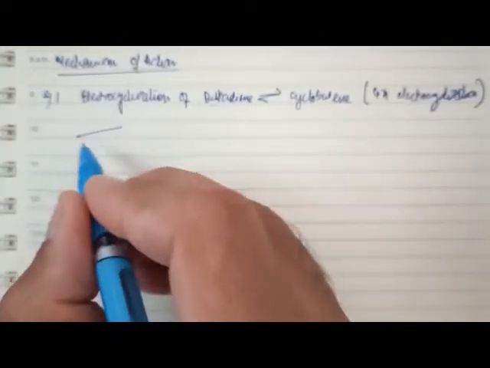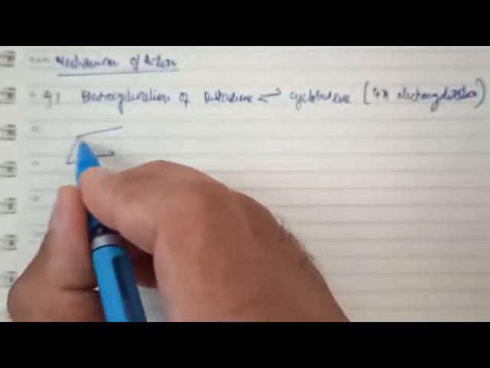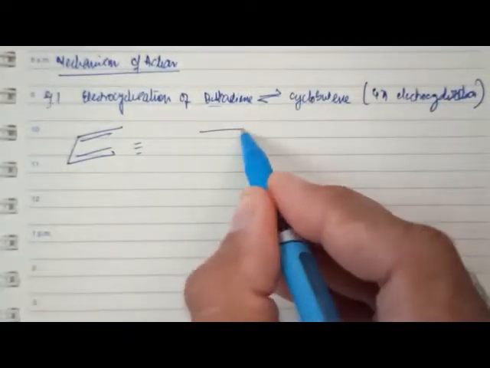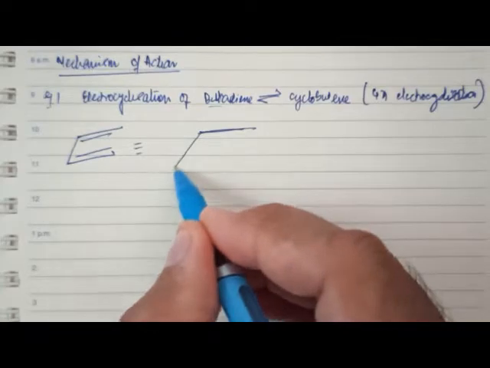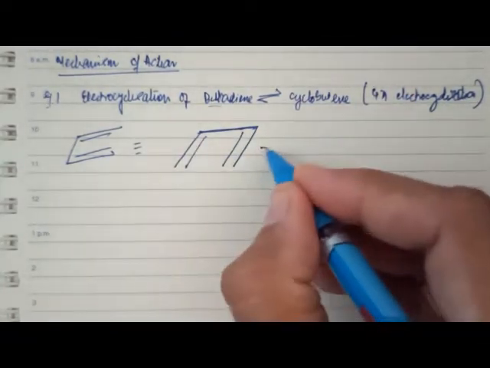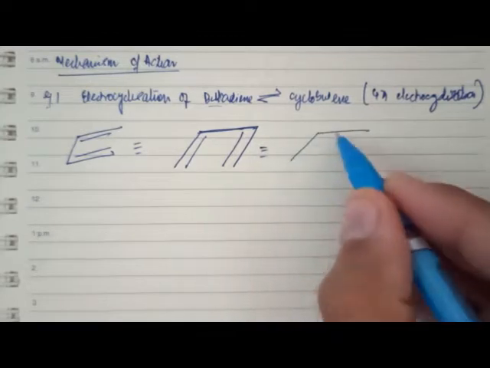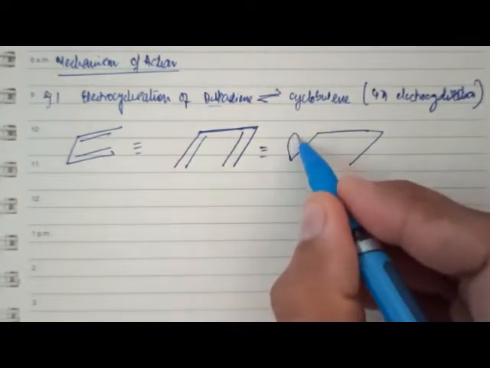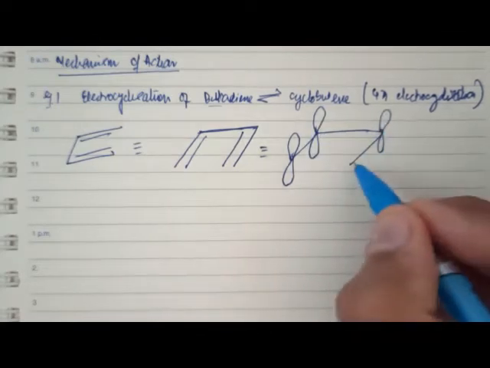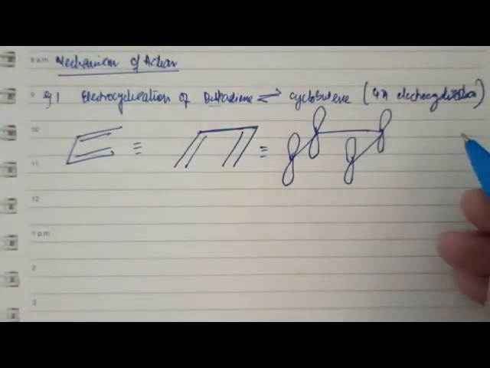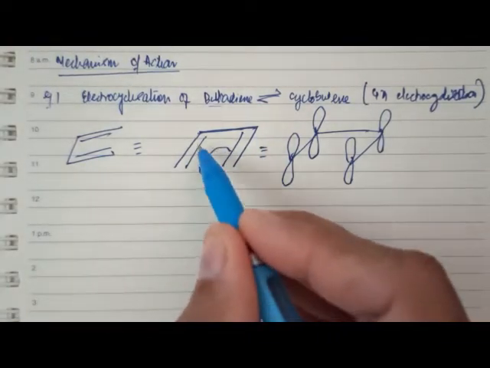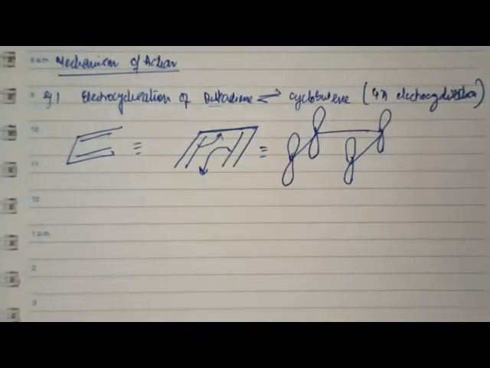Okay, let's draw the butadiene molecule. Butadiene molecule is like this in the trapezoid form, of course. I can write it like this also. In order to simplify the structure, or in order to make it clear, let me write butadiene like this. Pi bond, pi bond. These pi bonds here are formed by the sideways overlap of the unhybridized pz orbitals like this. We know this thing. Now when we move the arrows, we say this bond comes here and this bond comes here and a pi bond is formed.